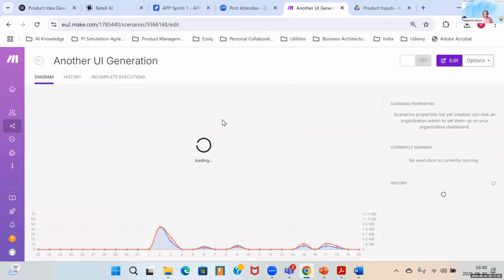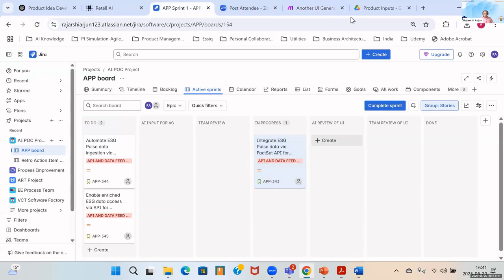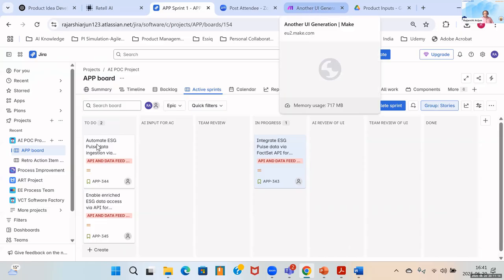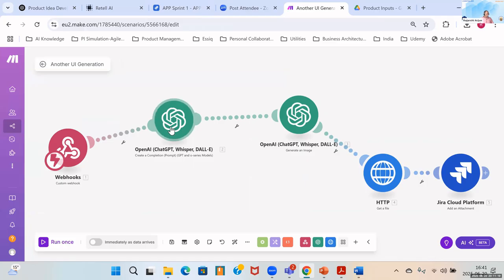So here, what is going to happen is, again, there is a webhook, right? So the webhook means it's going to sense the moment I transition this from here to here, okay? So then what is going to happen is that the GPT is going to read the story and create a specification and send it to DALL-E. Okay, DALL-E is going to generate the image, and then there's an HTTP module which is going to create an HTTP request and then post it into my Jira platform.